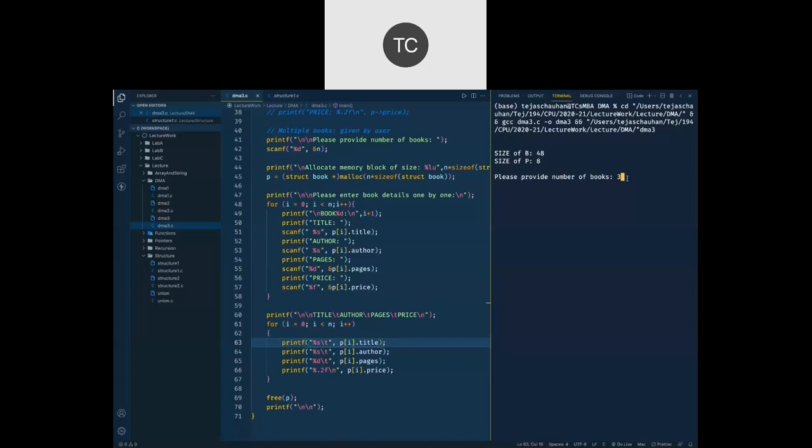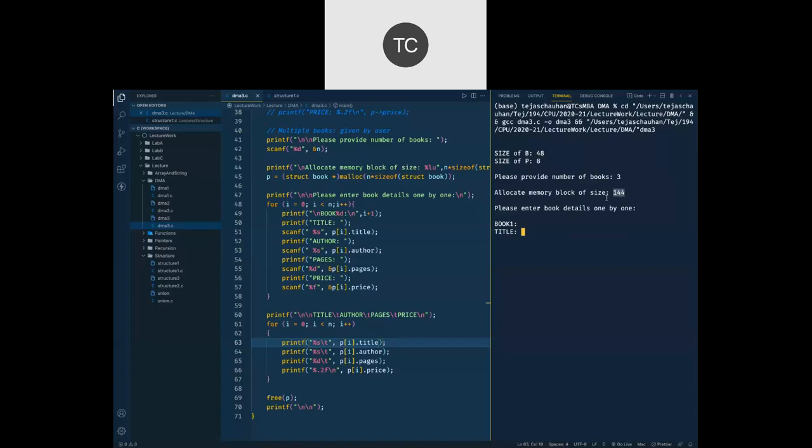If I have 3 books, I will not be able to store the data of 3 books inside 48 bytes. These 48 bytes are needed for just one book. So if I want to go for 3 books, then multiply 48 by 3. So it will totally require 144 bytes.